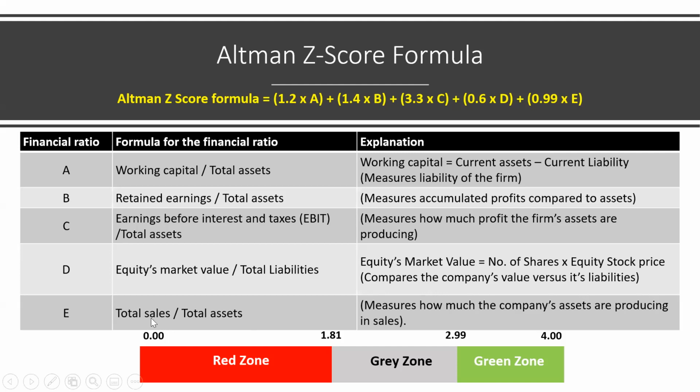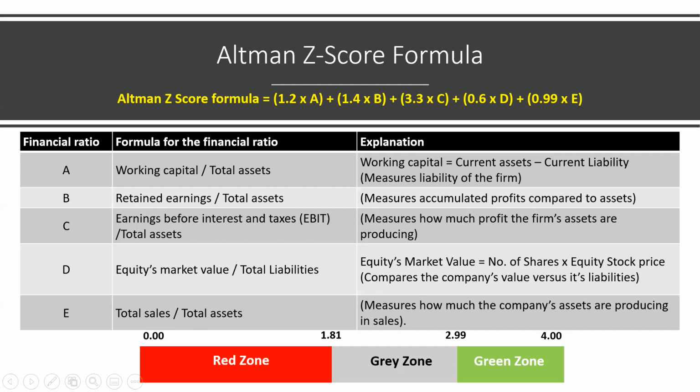The next thing, E, is total sales by total assets. So this is a measure of how much sales the company is producing with its assets. After calculating all this, we will get a score. If the score of